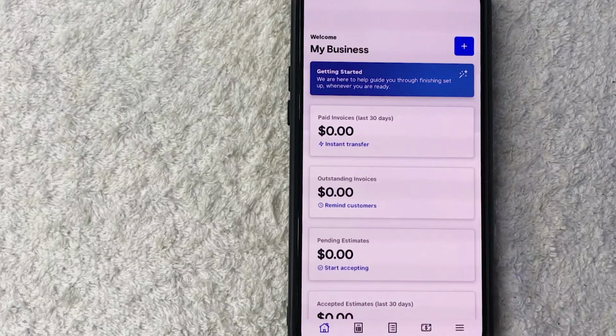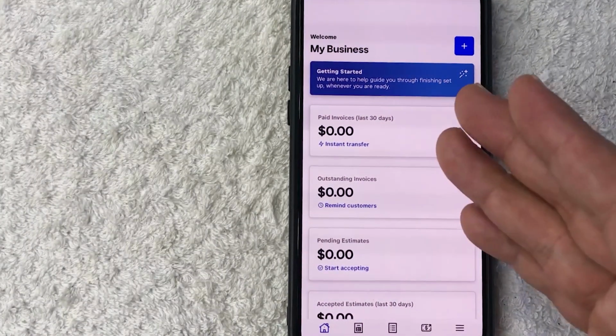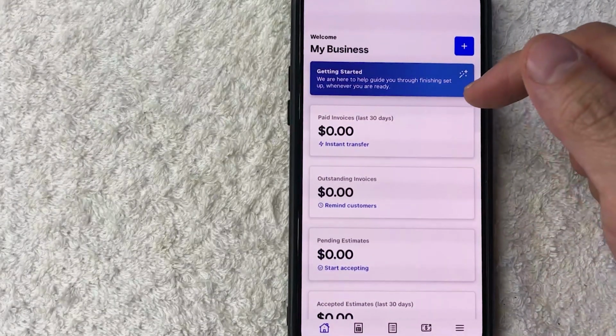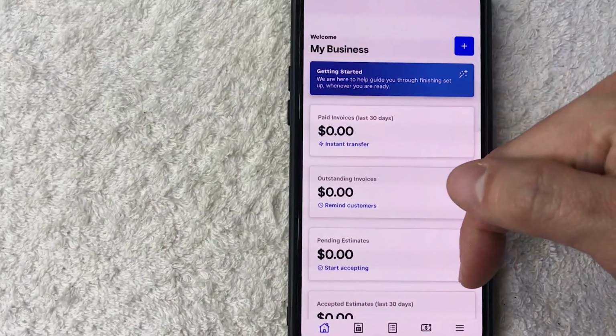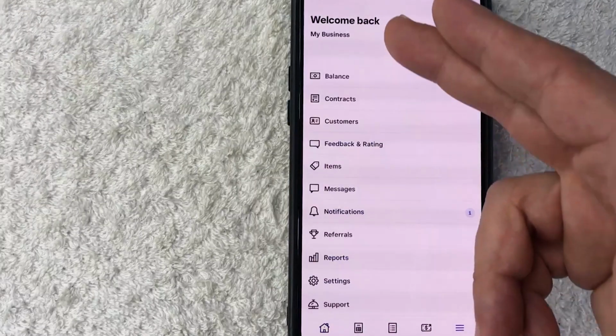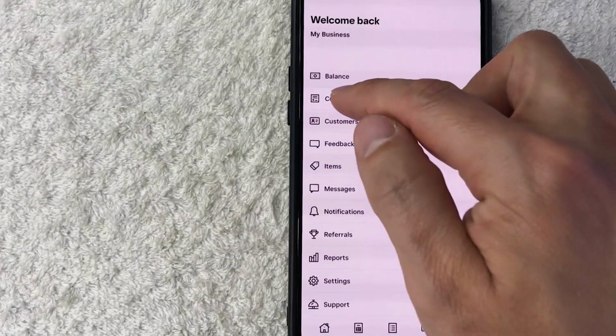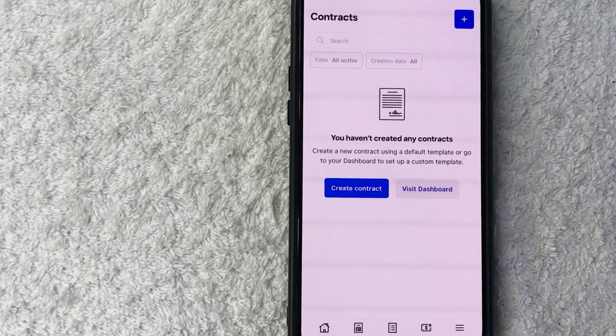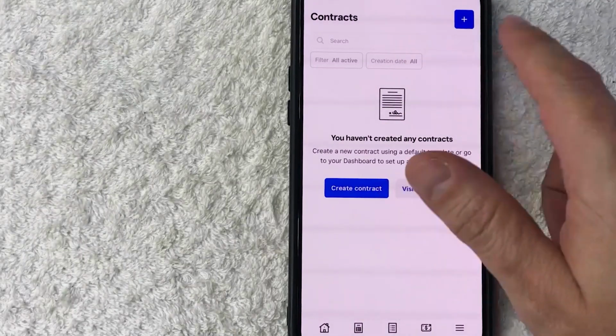Now here on the home screen, if you want to set up a sales of goods contract for free inside of the Square Invoices app, you need to click on this More button down here on the bottom right. It's 3 horizontal lines. Once you click there, you will see a drop-down menu, and you want to click on this line here called Contracts. Once you do that, you're going to see all of the contracts that you might have already set up inside of Square Invoices. But to create a sales of goods contract, click on this plus icon here on the top